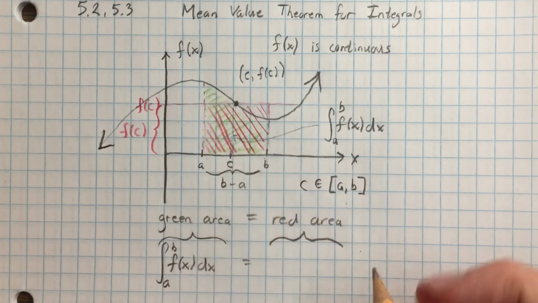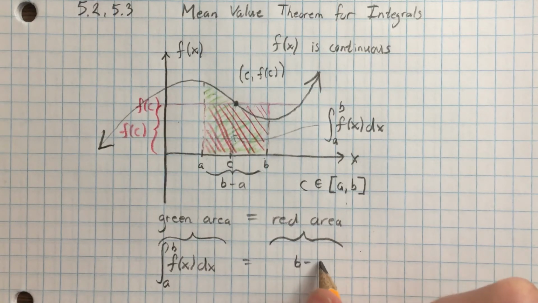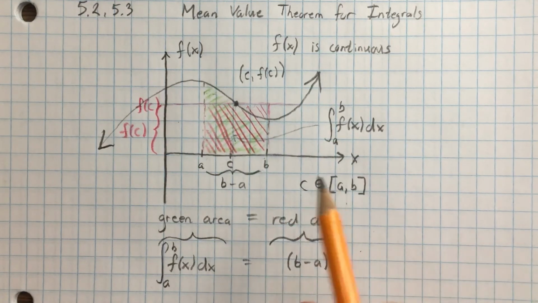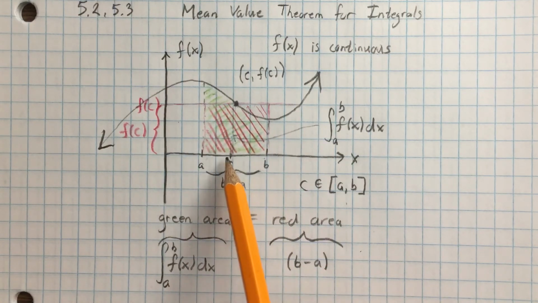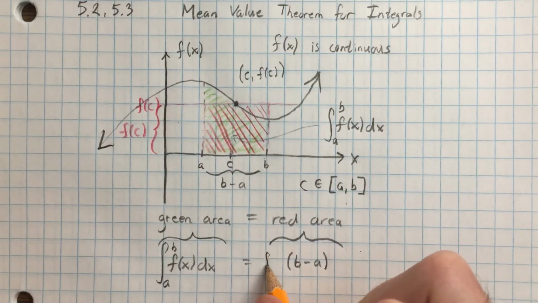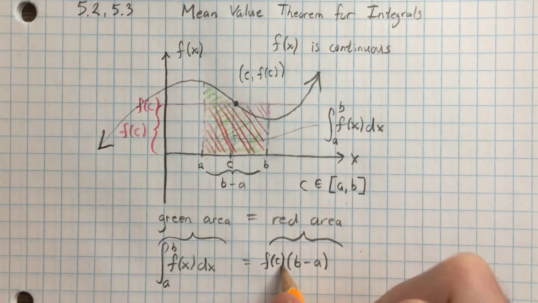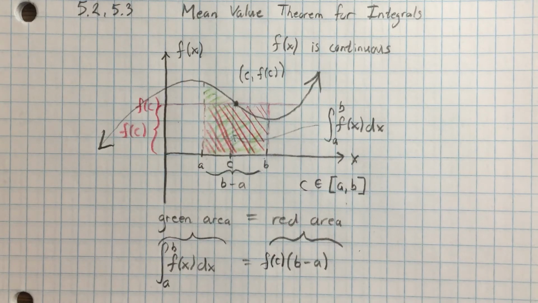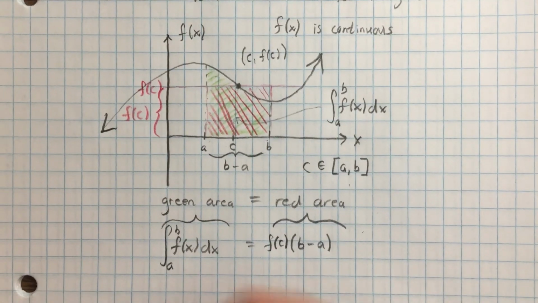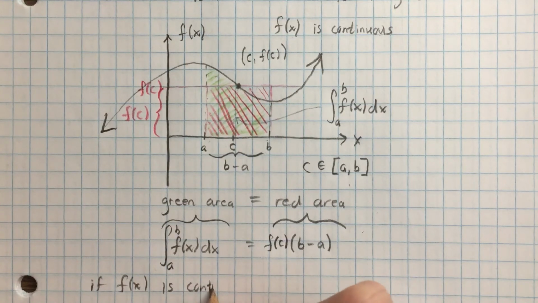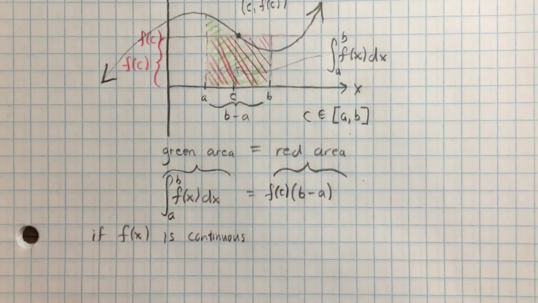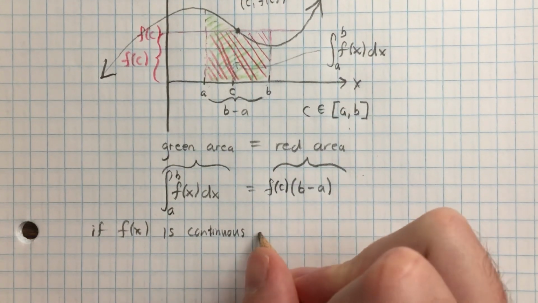Now the base is b minus a, of course. And the height is the height f of c, that function value where c was located. So f of c is the height, times the base. So therefore, the mean value theorem is telling us if f of x is continuous, again, it's a quality it must possess. If f of x is continuous on AB,